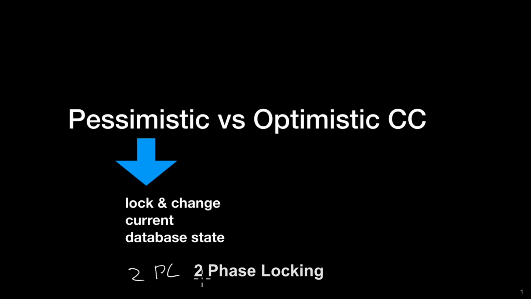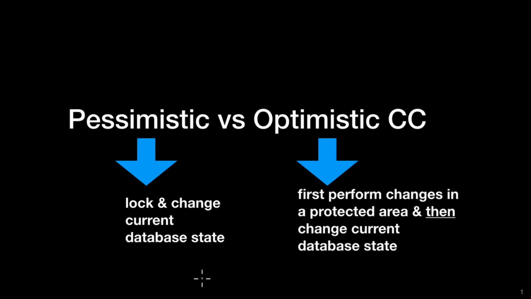A second class of concurrency control algorithms is optimistic concurrency control algorithms. And here the idea is you first perform changes in a protected area, and then you change the current database state. So while the transaction is running, you're not messing around with the state of the database system, but you somehow perform it in a protected area, be it local copies of the data of some sort or a different version of the database. And one algorithm in this space that is currently state of the art is called MVCC,